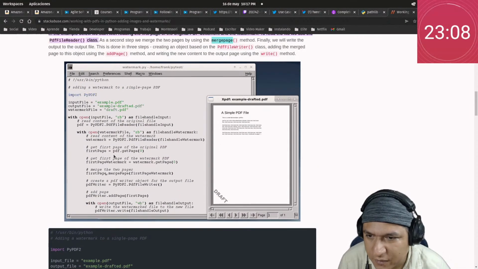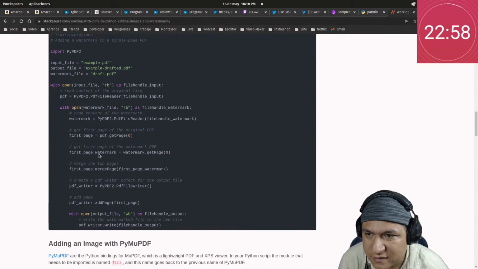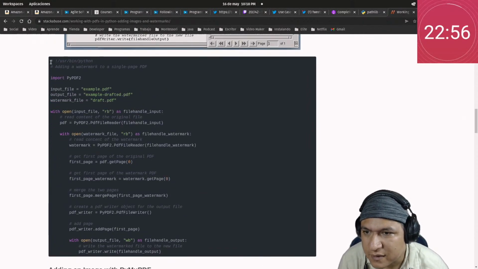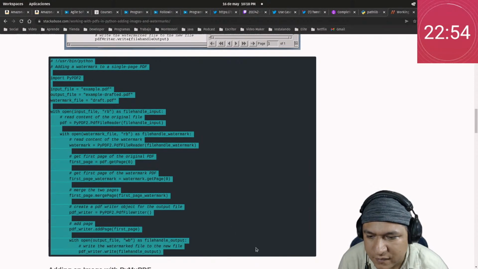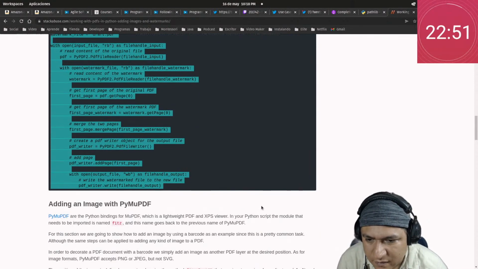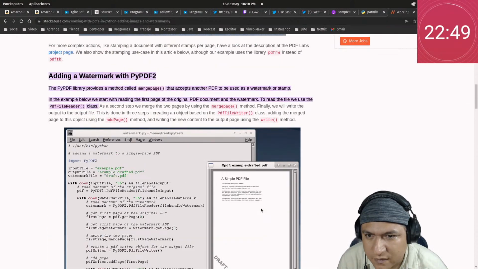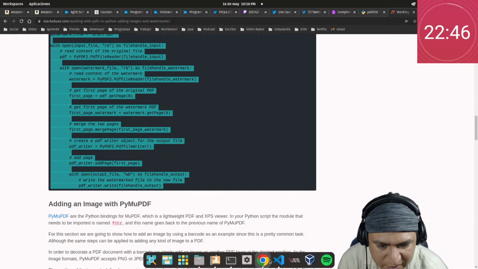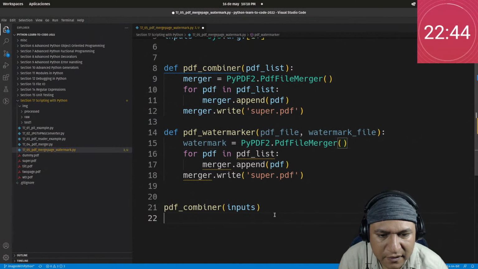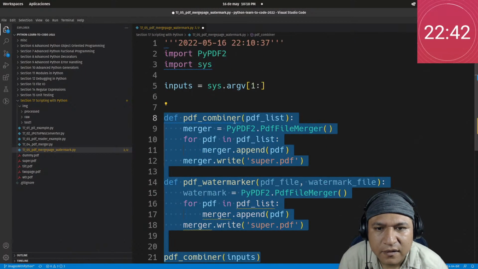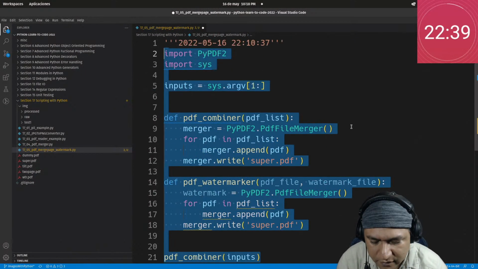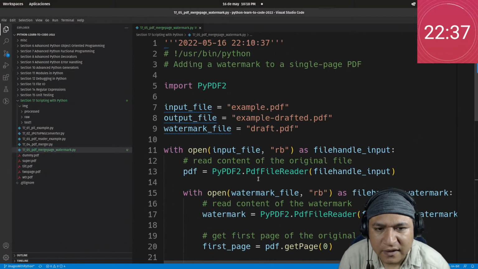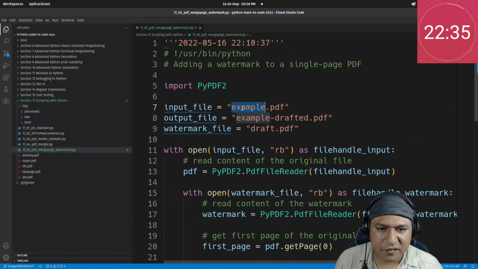Okay, let's see the code with open input file. So here is the code. Can I copy this? There we go. Let's copy this. Yeah, let's save some time. Okay, let's see. An input file